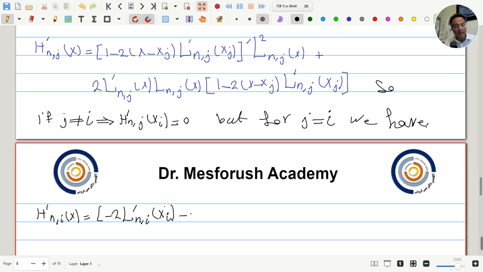Then minus 2x minus x I times L double prime n and I at x I. This term computed. So this is inside times the second part L squared n and I at x, okay, plus